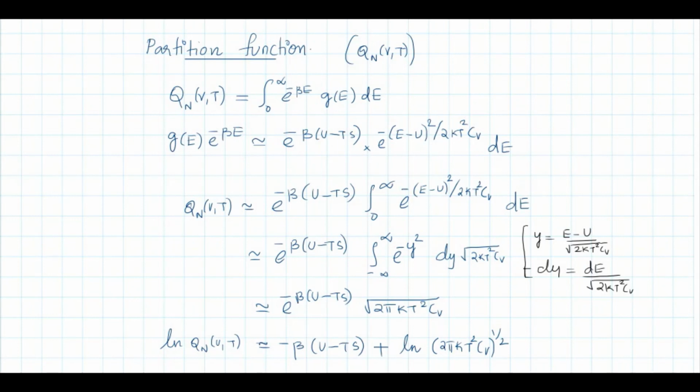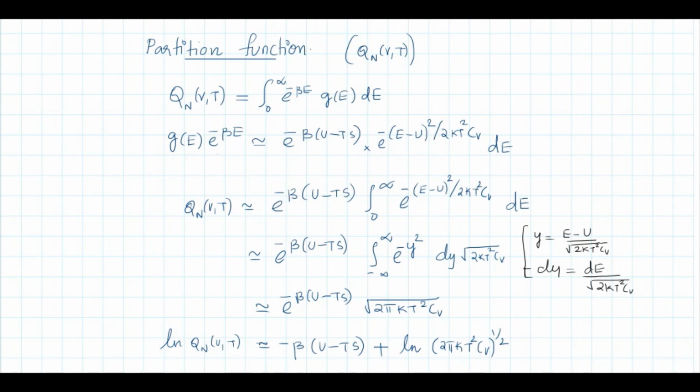Now the last point is we will calculate the partition function Q_n of V, T. The partition function is the integral from 0 to infinity of e raised to minus beta E, g of E, dE. This is the definition we studied in lecture number 9. Then g of E times e raised to minus beta E becomes the expression we derived in this lecture, and we substitute it here. Then this term, e raised to minus beta (U minus TS), is constant,